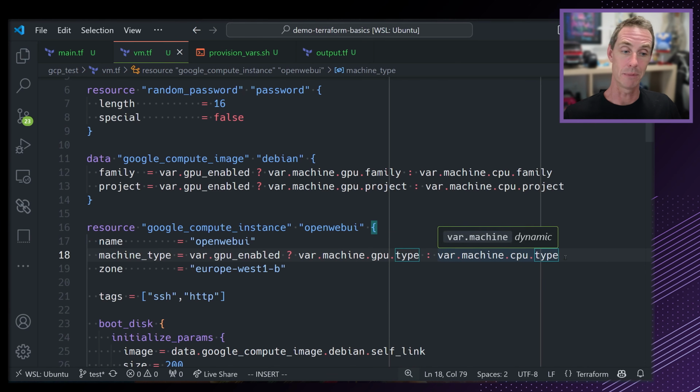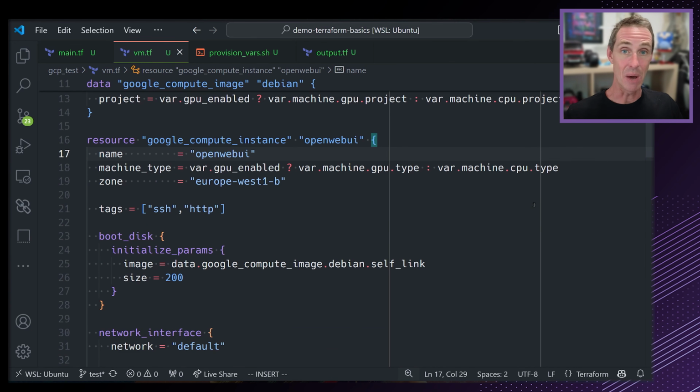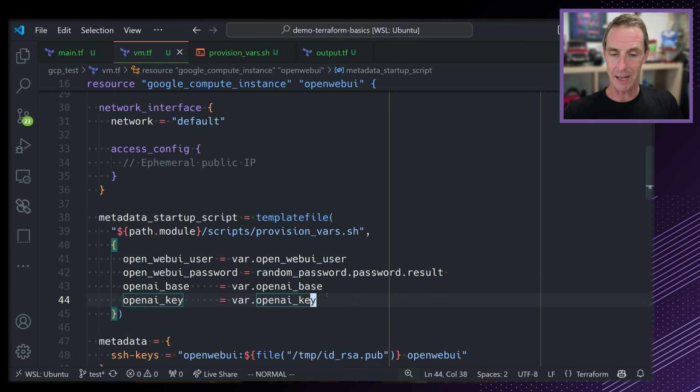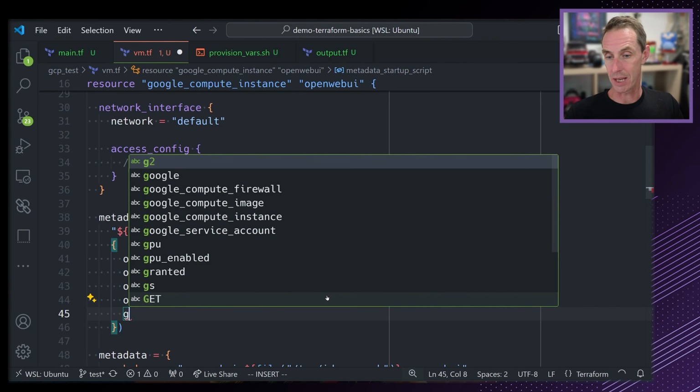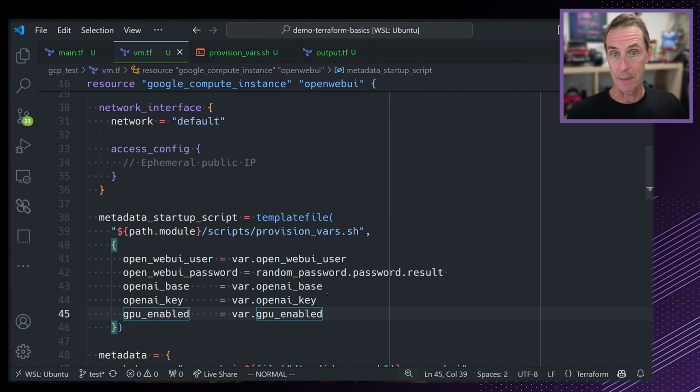If it's not, then I'm just going to use the standard CPU type. This is good. Lastly, now let's update our template. So I'm just going to go down here and add an additional key, and I'm going to say GPU enabled and set that there. So now we can do some additional setup if we're using a GPU enabled